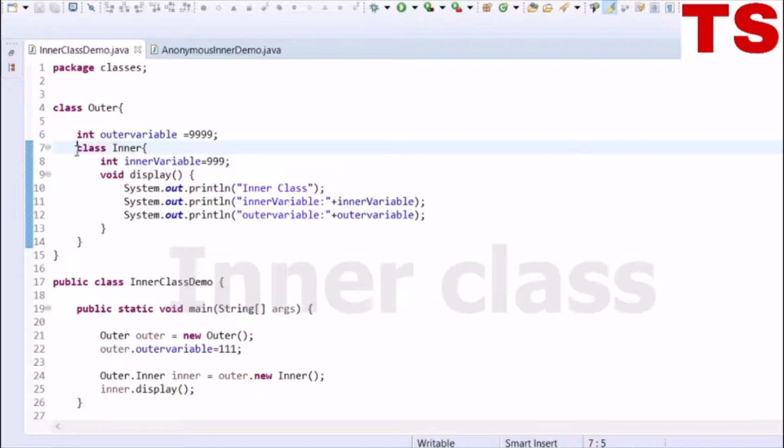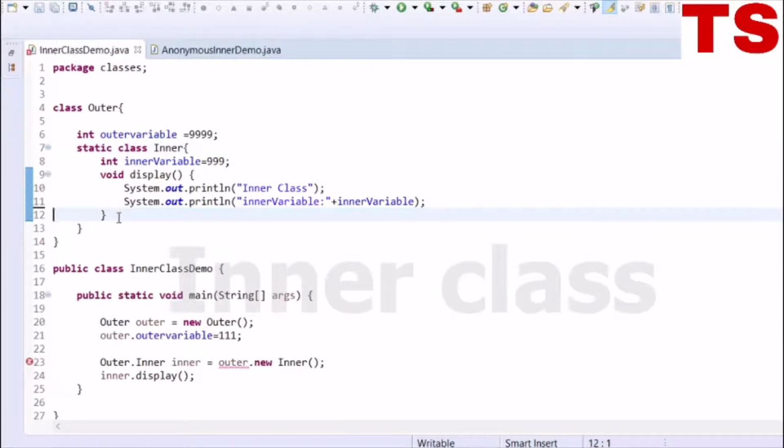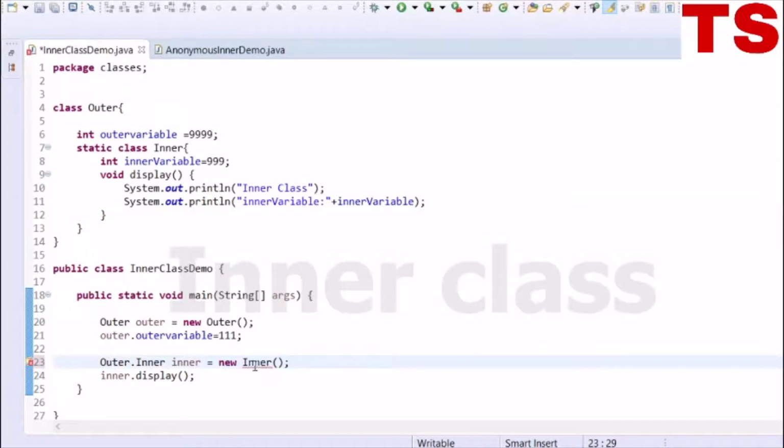The inner class can be defined as a static inner class. So I can write it as static inner class. Now, as we know, a static variable of a class can be accessed using the class name dot variable name.